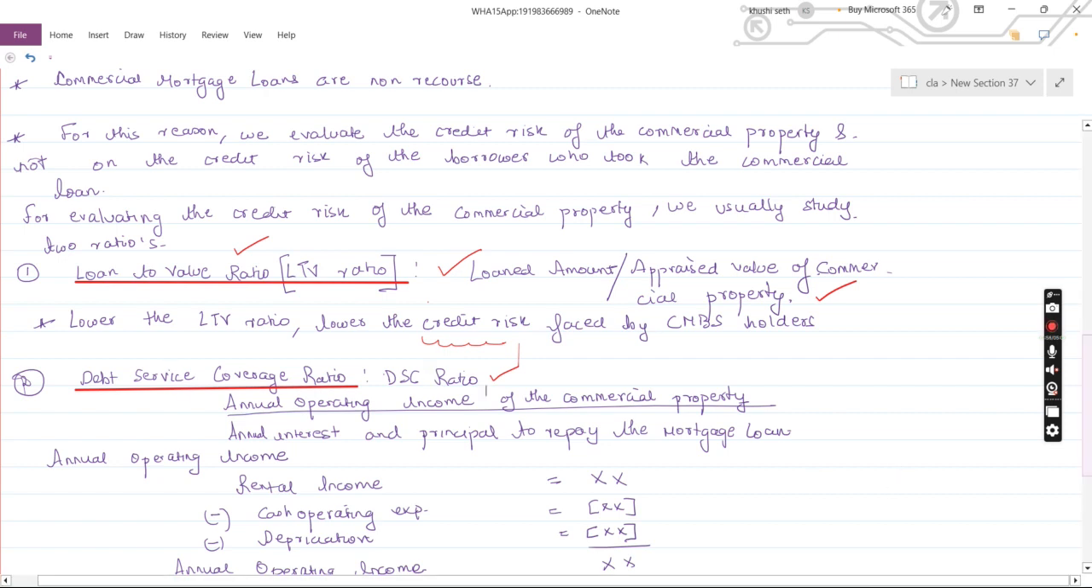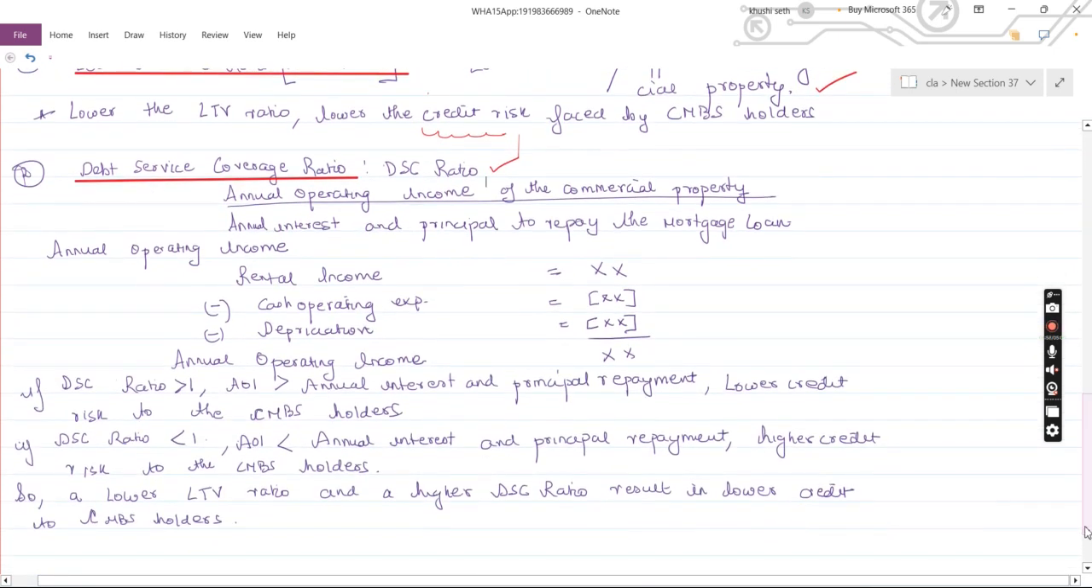Now, how do we calculate the annual operating income? We deduct depreciation and cash operating expenses